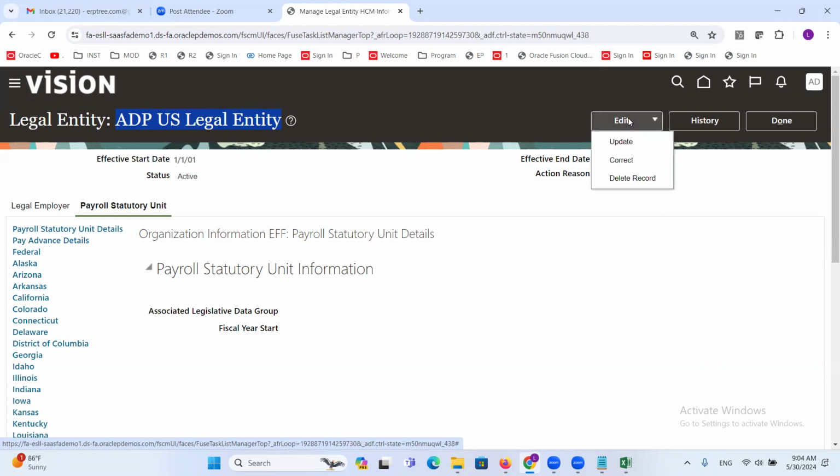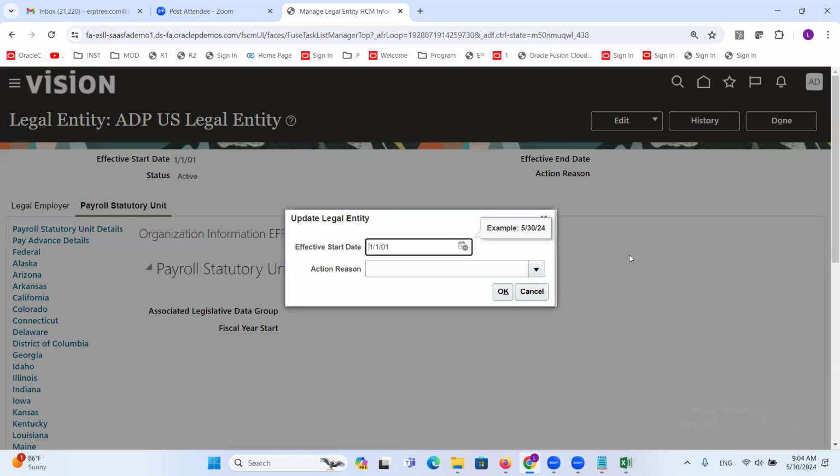Click on edit. The update and corrections are HCM date-effective tracking functionality, which we don't need to worry about. Our task is assigning, so simply select update. What reason are you updating? I don't want to say any reason. Just say okay, and this entire record will turn into editable mode so that we can assign our legislative data group